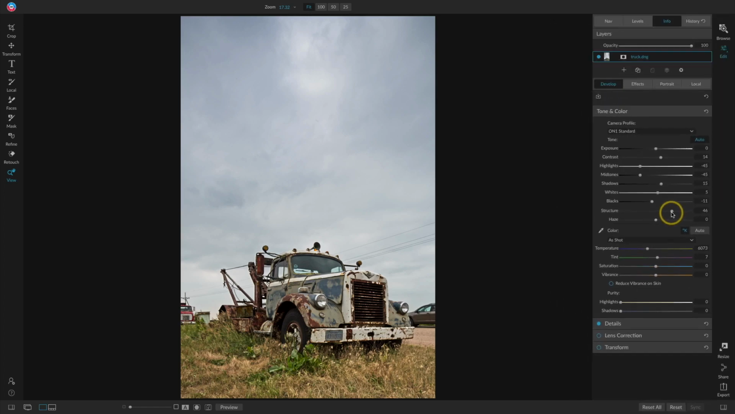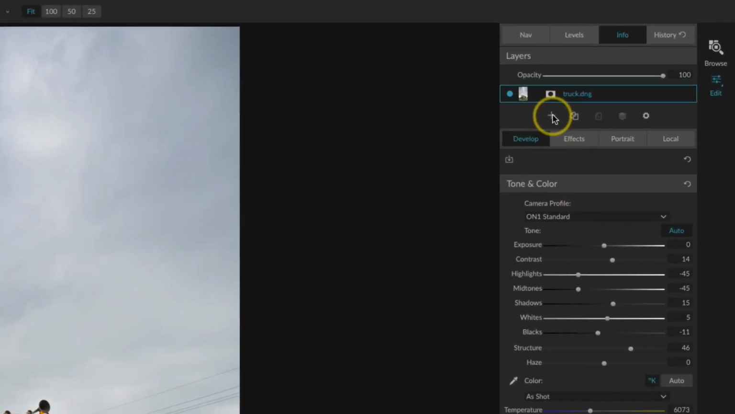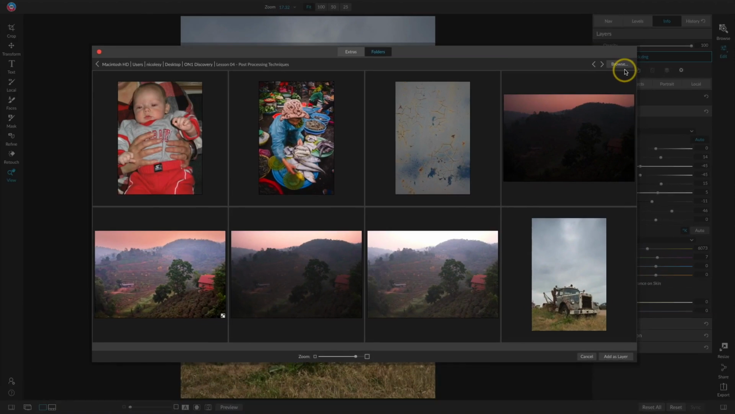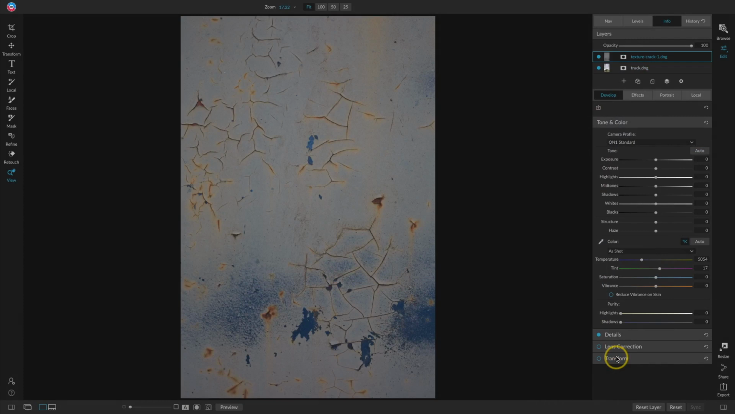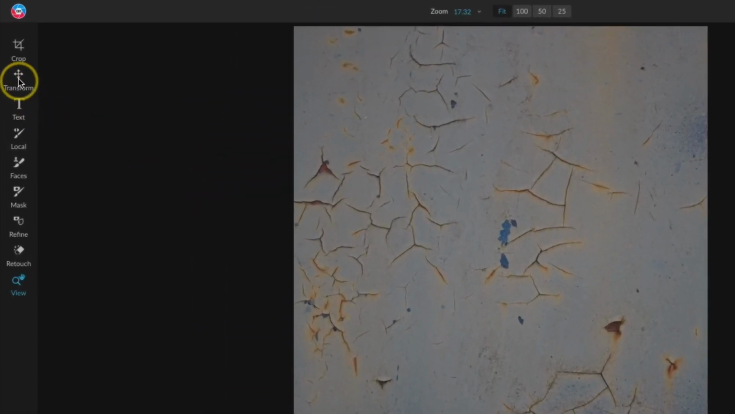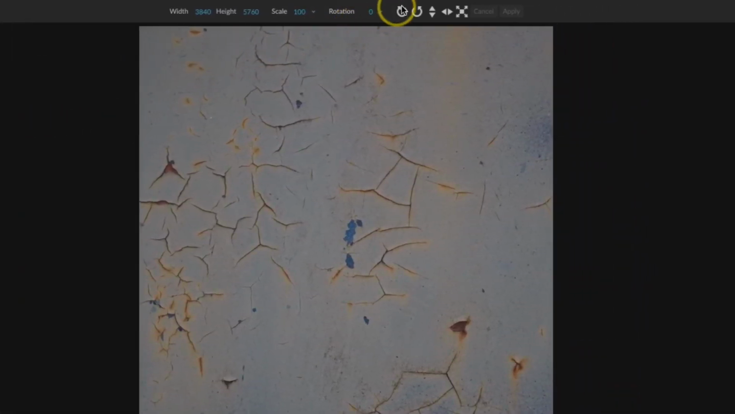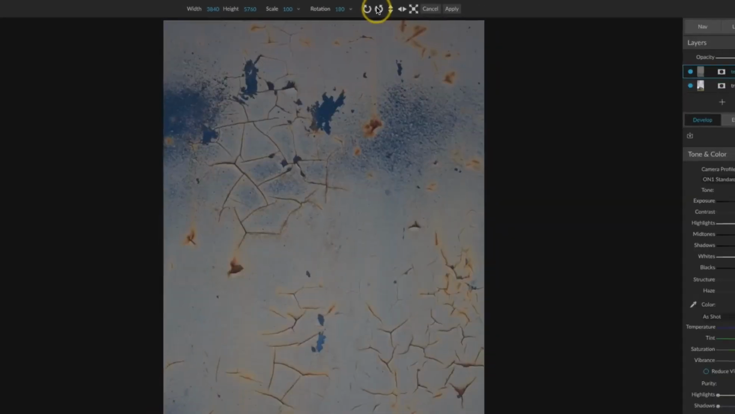Now I'm going to go ahead and add my texture and start the blending process. So I'm going to click on the plus icon at the top and select this cracked texture. This is actually a texture that I photographed on the truck, so it's a good fit for this image. So I'll go ahead and click Add as Layer. Now the first thing I'm going to do is rotate it because I'd like to have this portion here with this blue splotch at the top. So I'm going to go over to my Transform tool, and then I'm just going to rotate the image twice